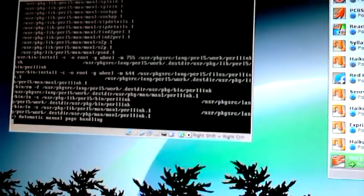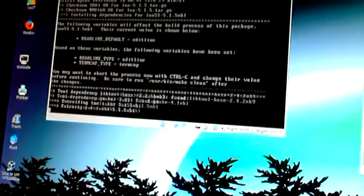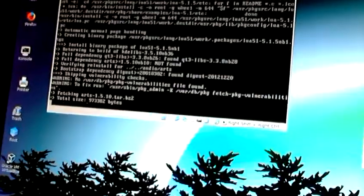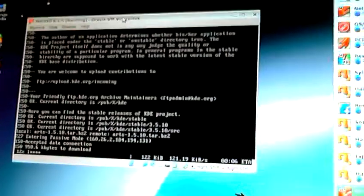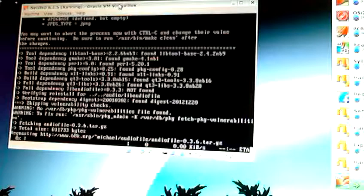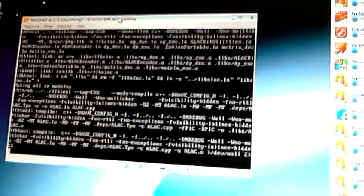Now, package source was able to put Perl not in the user package library, but some other location. At Lua, I guess. All the basic stuff here. We're getting arts. Audio file. I don't remember getting these things, because I really didn't go down the KDE route. I never would have been able to get there myself. I mean, Calibre was able to do it, but